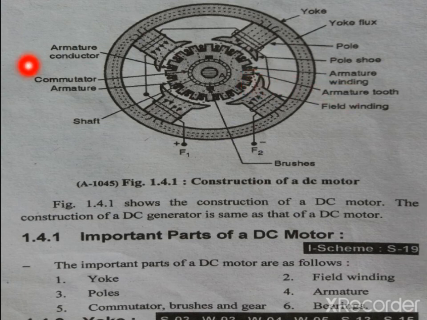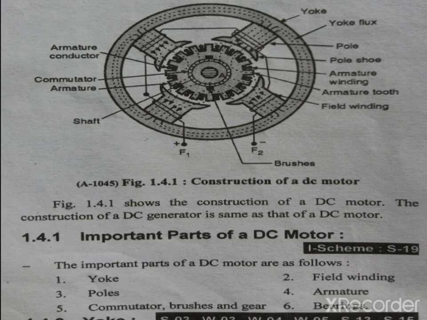The next part of the DC motor is the commutator. The commutator is used to convert the alternating EMF to the DC voltage, meaning it converts the AC to the DC. Commutators are cylindrical drums mounted on a shaft. The commutator is made up of a large number of segments of hard drawn copper. The segments are isolated from each other. The commutator is made up of copper and the insulation provided to the commutator is mica.